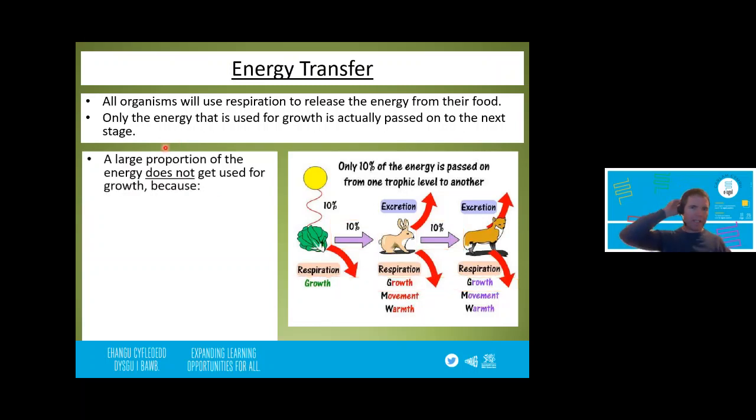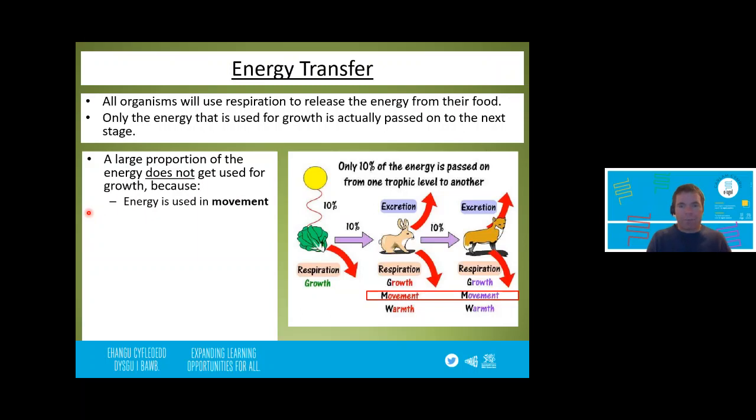So it's saying here, a large proportion of the energy that's consumed does not get used for growth. Okay, and remember, it's the stuff that's used for growth that we're interested in, because that's the stuff that gets passed on to the next stage in the food chain. Now, if you're the fox here, you couldn't care less about energy which is not passed on. You are only interested in that energy that the rabbit has consumed that you can actually obtain, which is really anything which is made into rabbit cells. As a fox, when you eat that, you can obtain that. So why is it that so much of the energy consumed does not get used for growth?